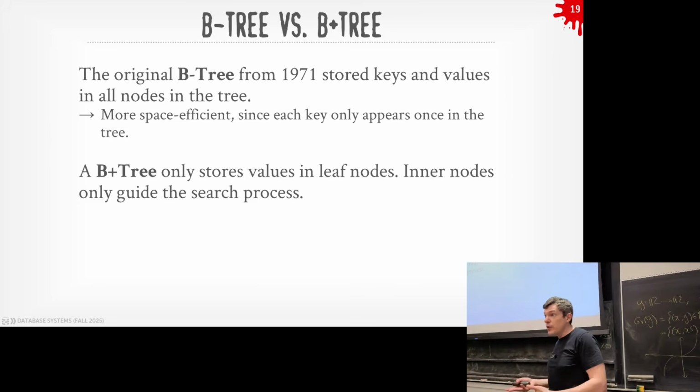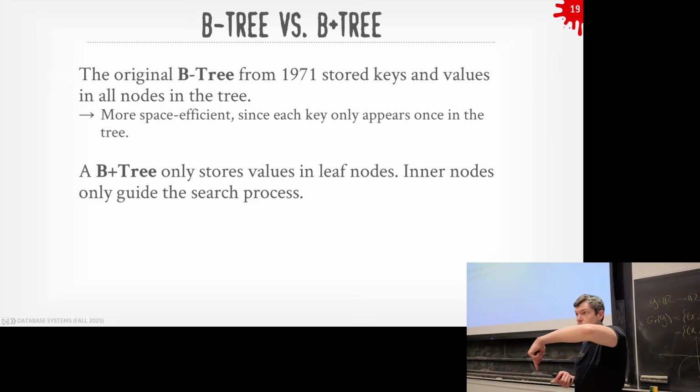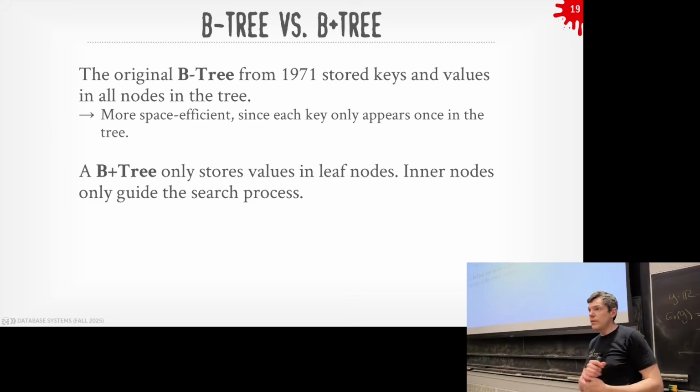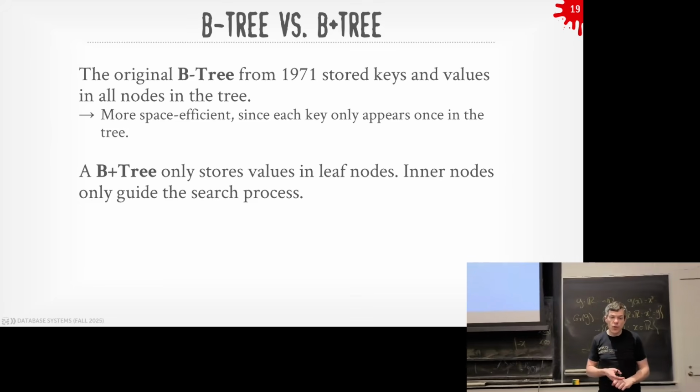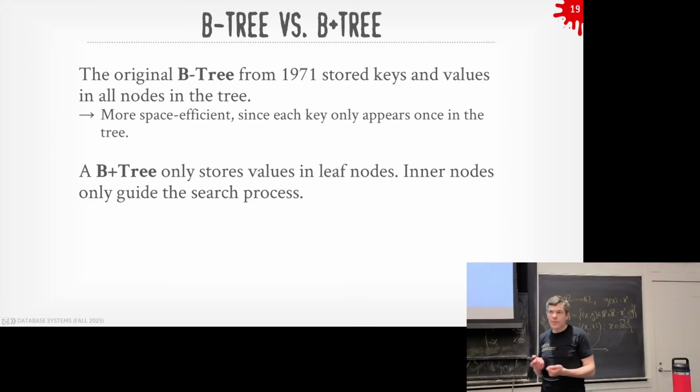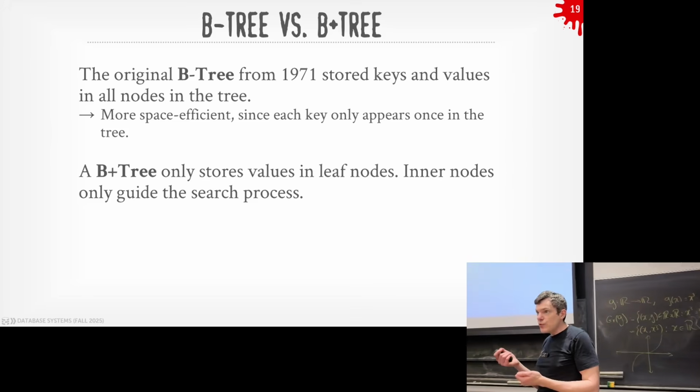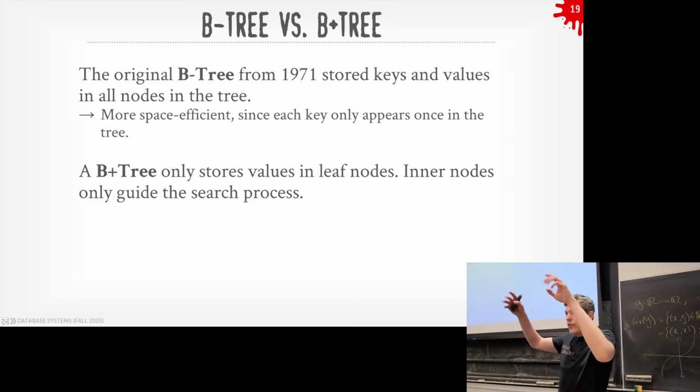In the case of a B+Tree, once I get to the leaf nodes, ignoring splits and merges, I'm trying to find data. I can do sequential scans to find the things that I'm looking for. And that's a key distinction. So when we delete a key in a B+Tree, it may still exist in the inner nodes, but it'll get removed from the leaf nodes, and that's okay. In a B tree, if we delete a key, it has to be completely removed from the tree.